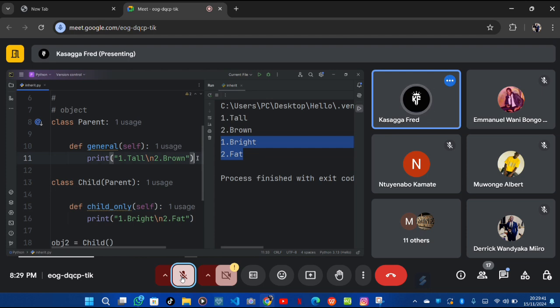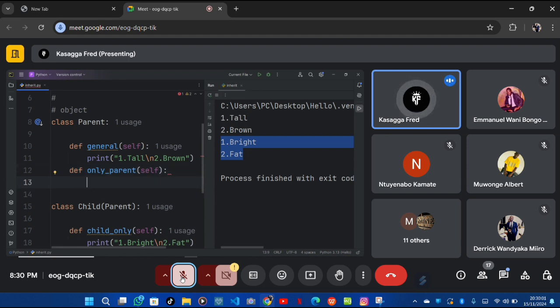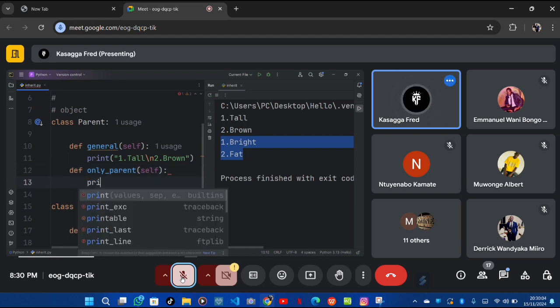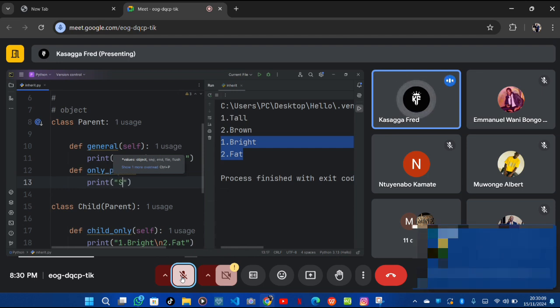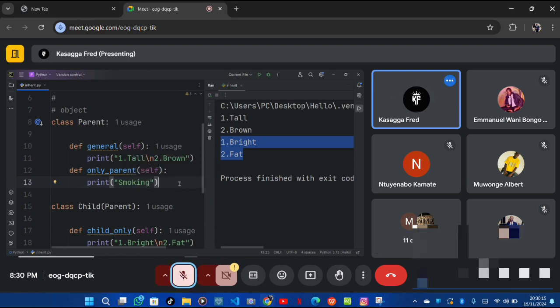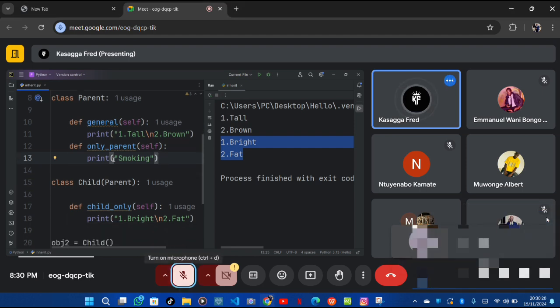And the other thing is that you are not limited to the number of methods you put exactly down here. So I can add another method for myself. And I say this is only parent, so that the kid will never inherit this one. So anything bad, let me call it now, let me say smoking, which is something like non healthy. So if you are interested, remember now the child